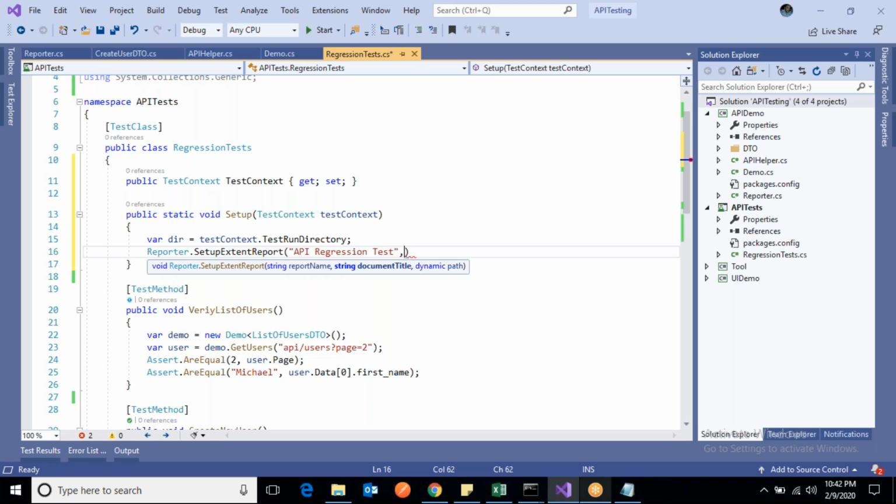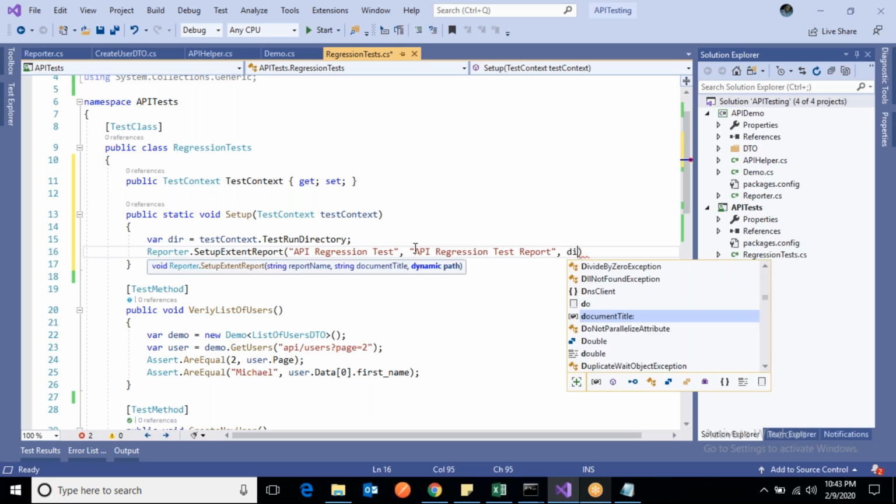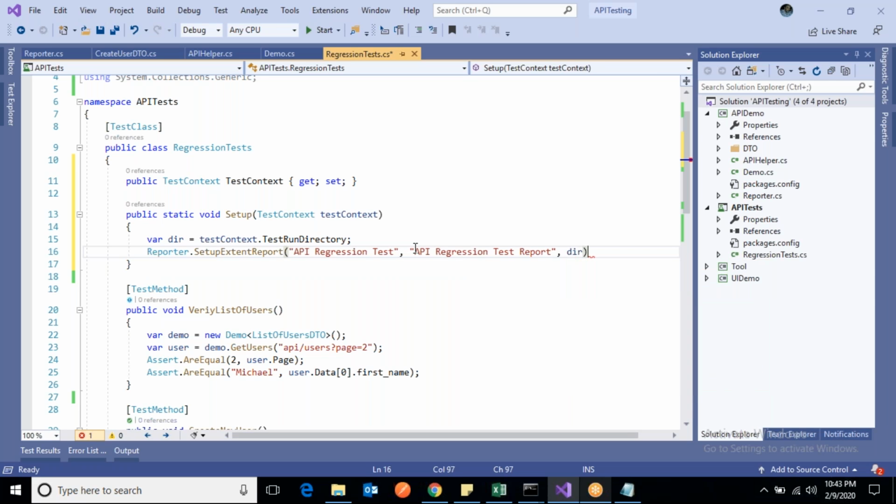and I can copy the document title. I can give it like this, report. What else is required? Path. So I can pass this, right? So that's what this setup method will do. Yeah. So I need to say here